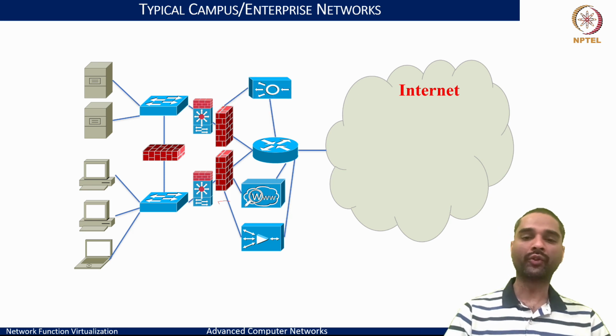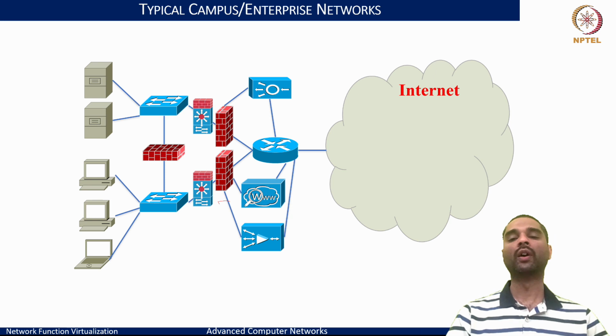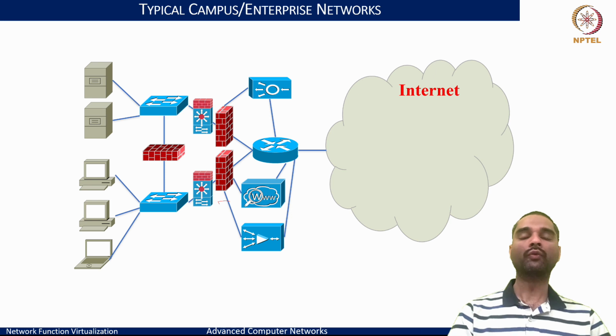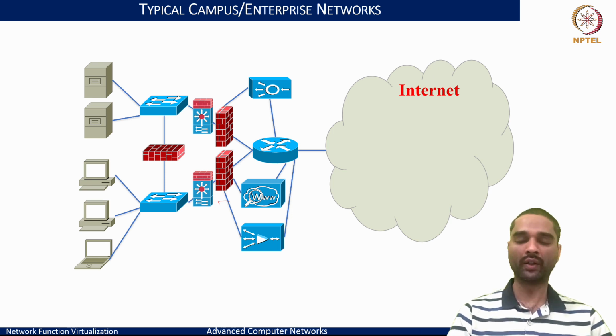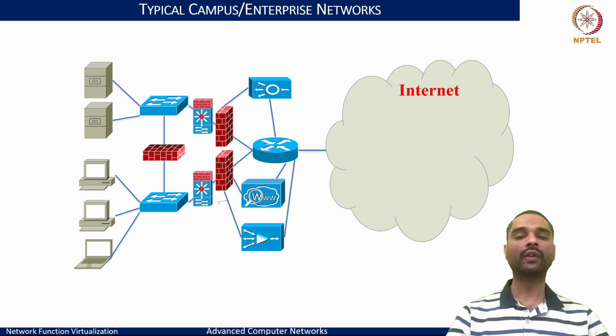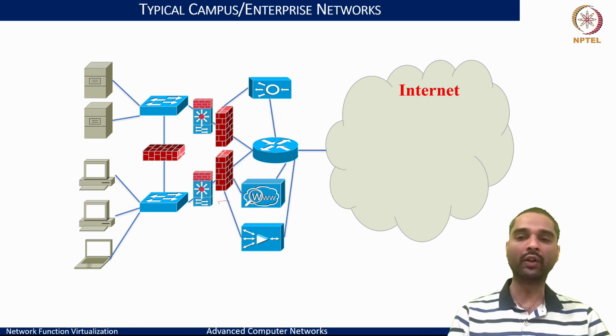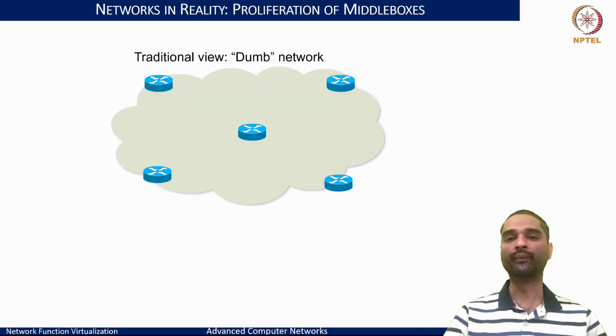And the number of middle boxes could keep growing. If we are building many services, we want to add load balancers, and we want to add proxy devices, that is reverse proxy and forward proxy, based on where and how the services are going to be exported and provided. So all of these devices add up, making our networks look a lot more complex. Network operators have to manage not just the switches and routers, but so many of these different network appliances. And this is where the challenges begin.